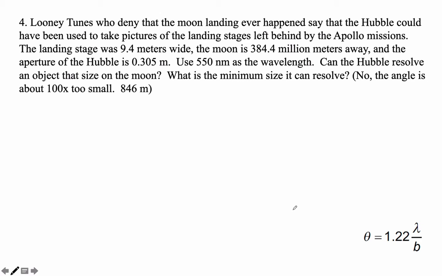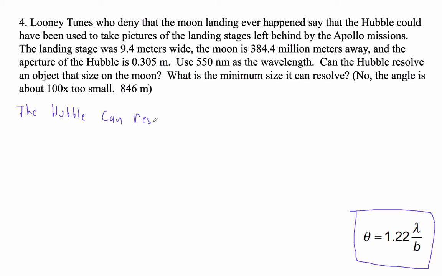Okay, so the question is, can you resolve this size object using the Hubble telescope? Well, let's find out what the Hubble can resolve. Let's figure out that angle. We're going to use visible light because it's a visible light instrument, and we're going to use its aperture. So its resolving ability in radians is 1.22 times 550 nanometers, and that's nanometers times 10 to the